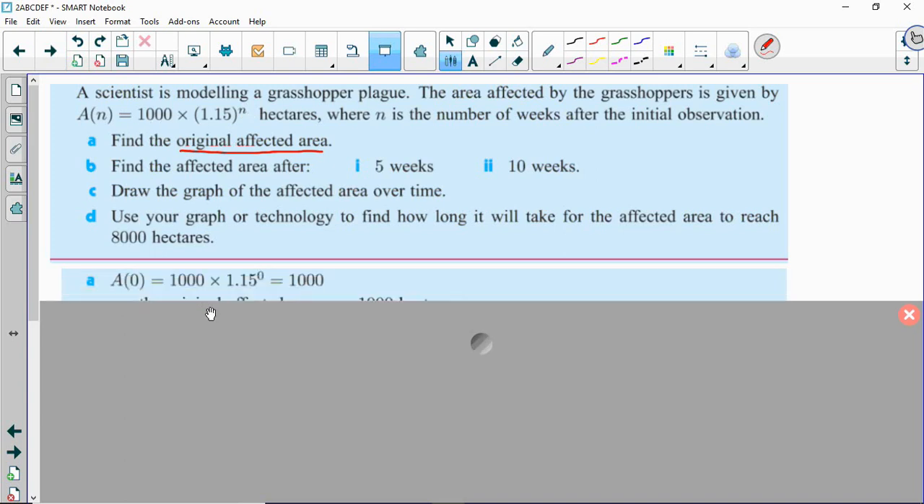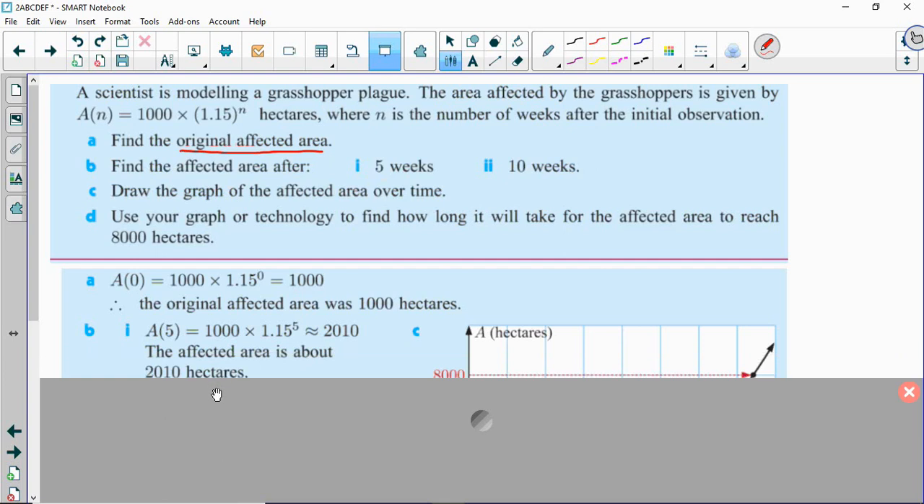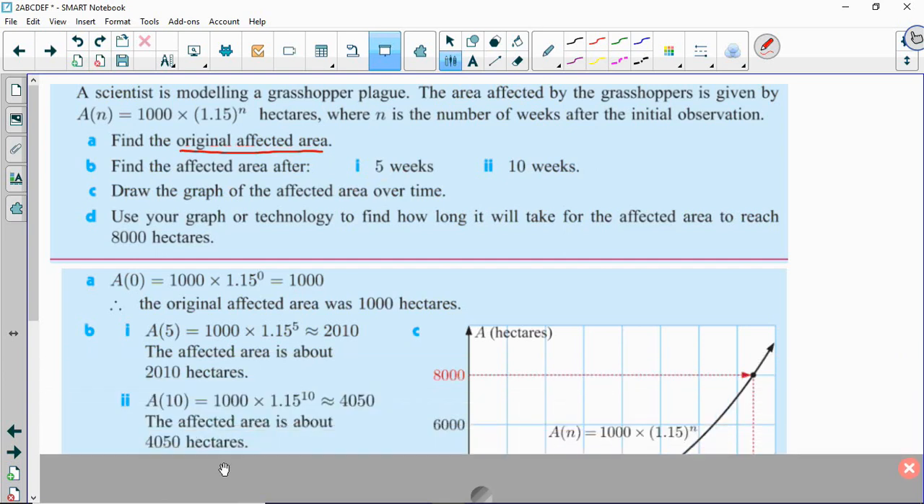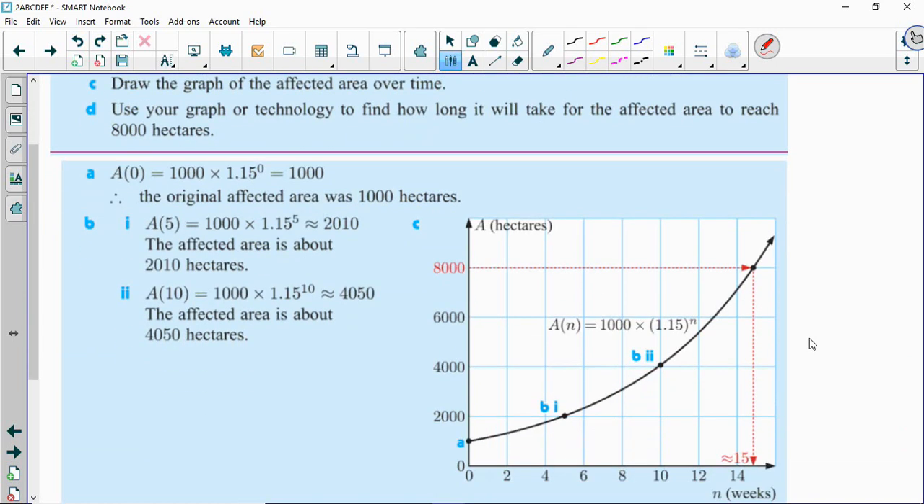That's pretty easy. It's just this number out here. Okay, that's cool. Letter B, find the affected area after this many weeks. We're just putting that into there and grabbing a calculator to come up with some numbers, and we're rounding them, right, to 3 significant figures. That's all we got to do. Letter C, well, we're going to use a calculator for that, so we're going to draw the graph. Here it is. And we know a few particular values. So we've plotted the points here at 5 and 10 because that's what we came up with back in